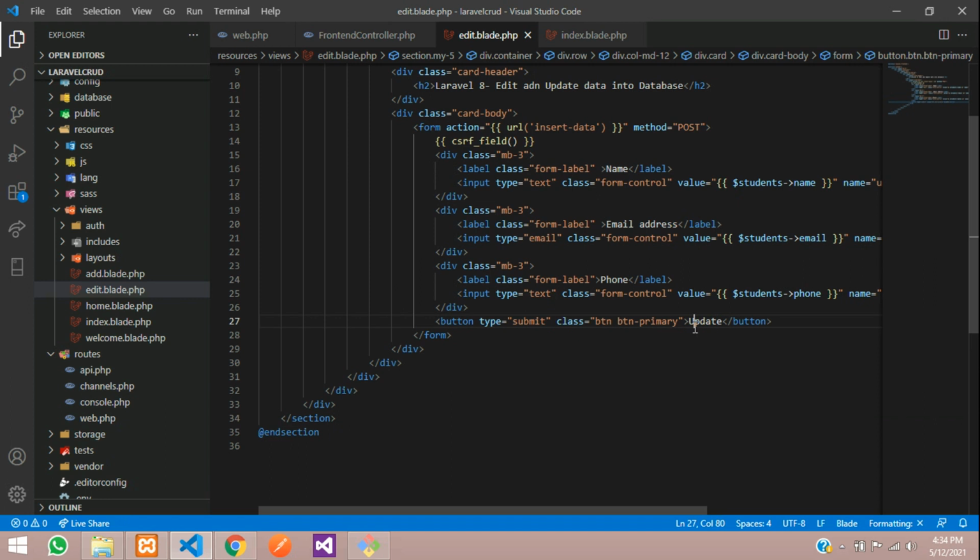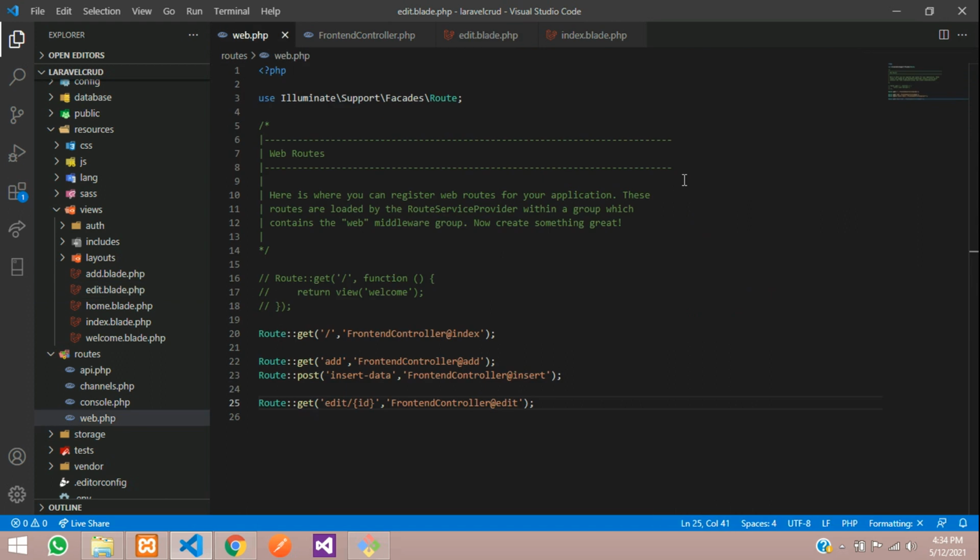And here, instead of the submit button, you are going to say update. Once the update button is clicked, we need to take this data and update it in the database. So we are going to create another URL here. We are going to redirect to this URL, update data / the student ID. Just copy this. There is already a double curly brace over there, so copy this $student of, and instead of name, say ID. Okay, so let us create this.